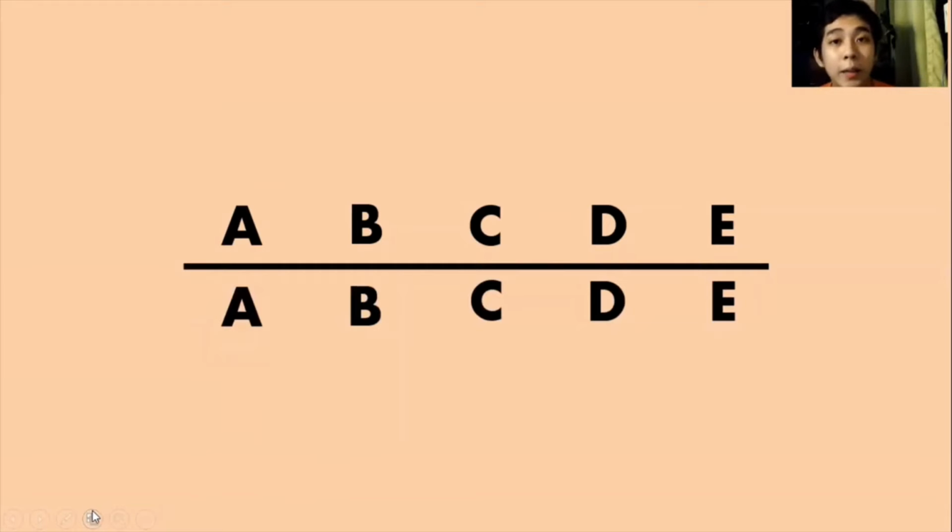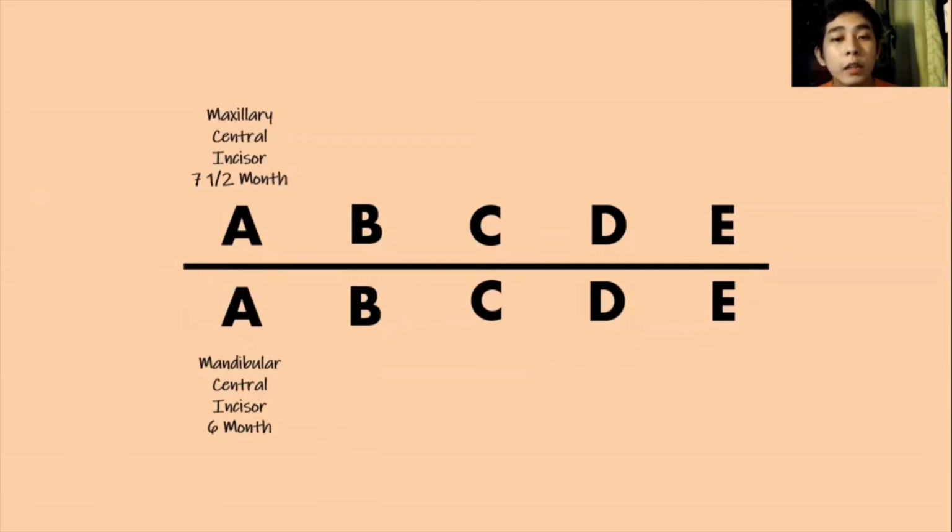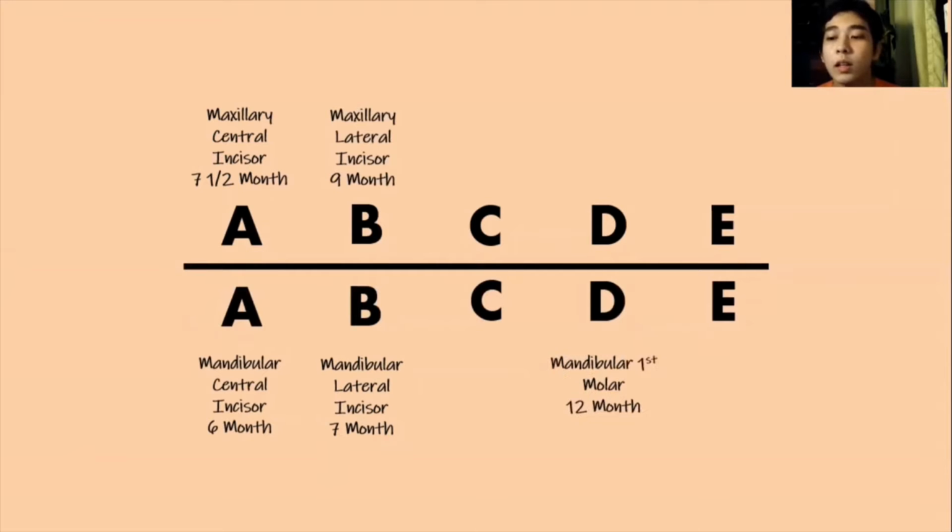Now, with this in mind, imagine this as your upper quadrant and this as your lower quadrant. So all of this will represent all your maxillary primary teeth, and this will represent your mandibular primary teeth. Starting with the mandibular central incisor, which erupts at 6th month, to maxillary central incisor, which erupts at 7.5 month, to mandibular lateral incisor, which erupts at 7th month, to maxillary lateral incisor, which erupts at 9th month, to mandibular